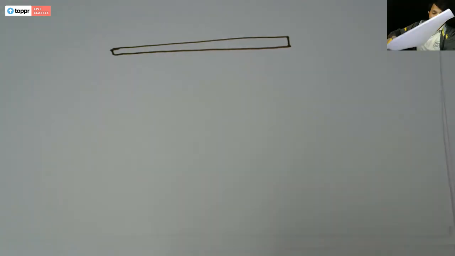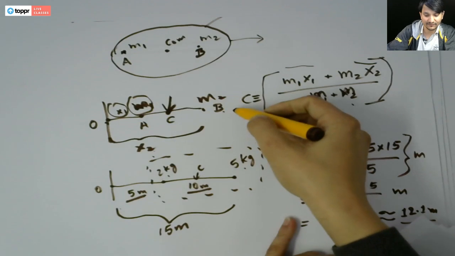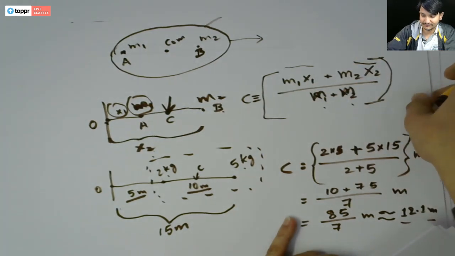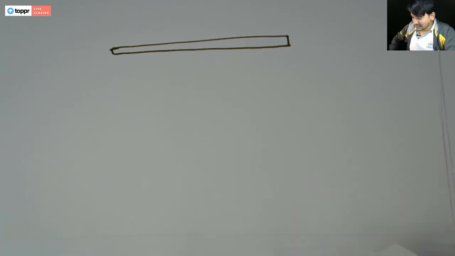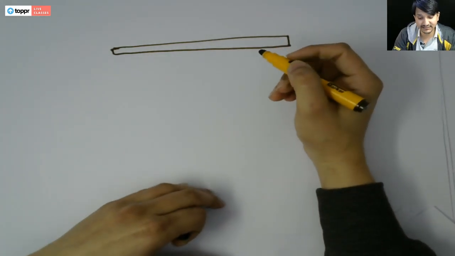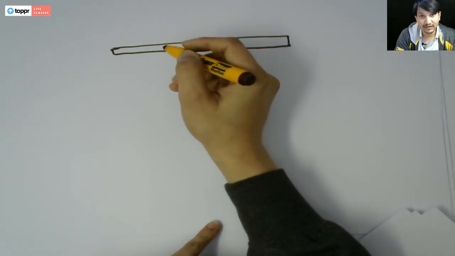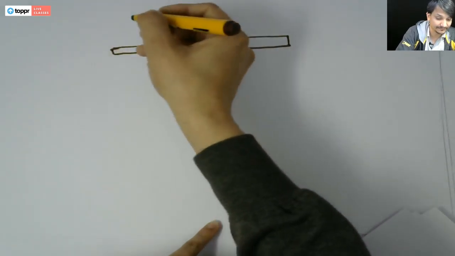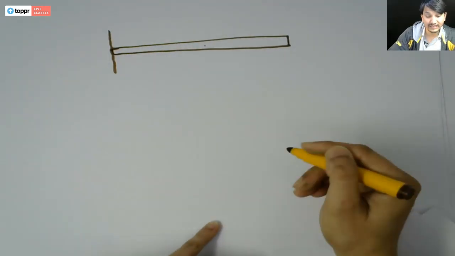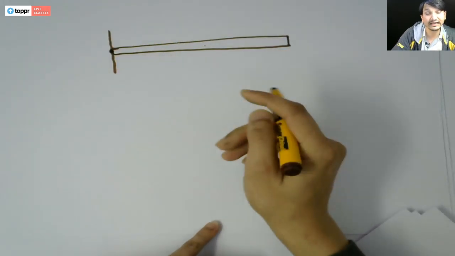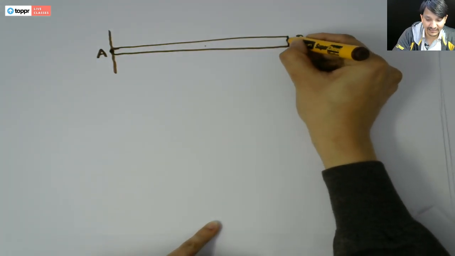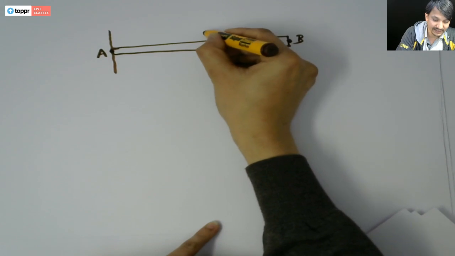We can relate this with the first example that we worked, finding the center of mass of a two particle system in x direction only. So here what we are doing is taking a continuous system instead of a 2-point system, and finding the center of mass, which might lie somewhere here. Our reference would be one of the endpoints. Consider this endpoint as A and this endpoint as B. And the center of mass would be